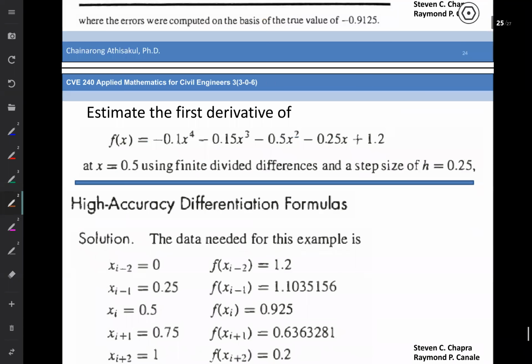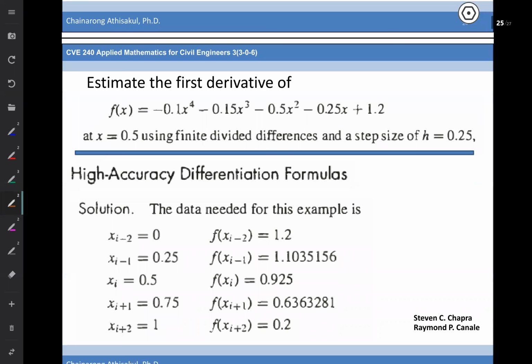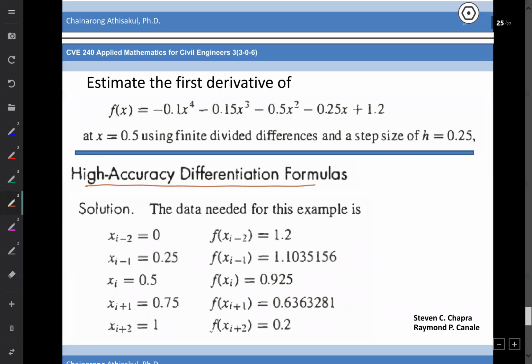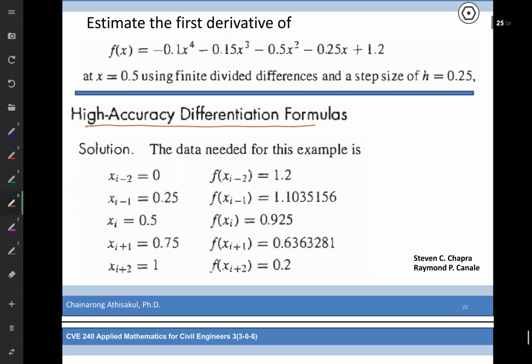But if we apply the high accuracy differentiation formula, that means for the first derivative forward difference, we require